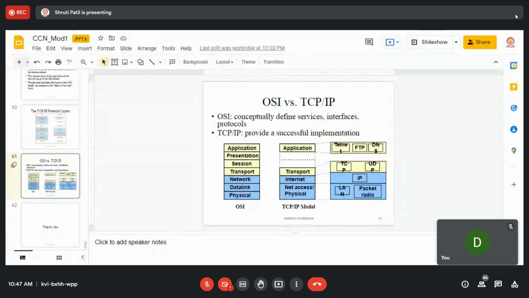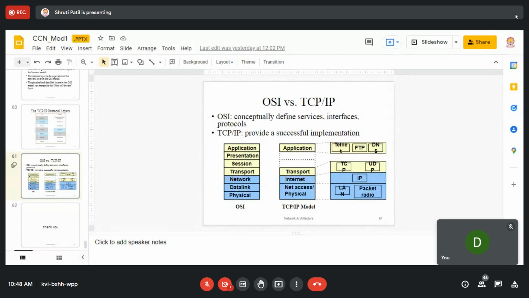Okay. So there is one more difference between TCP/IP and OSI. In OSI, the transport layer is only connection oriented, and the network layer has connectionless and connection oriented. But in TCP/IP, the transport layer is changed to connection oriented and connectionless services, and the internet layer is connectionless. Whereas your network layer is having virtual circuits and datagram. So it is providing you 2 services.